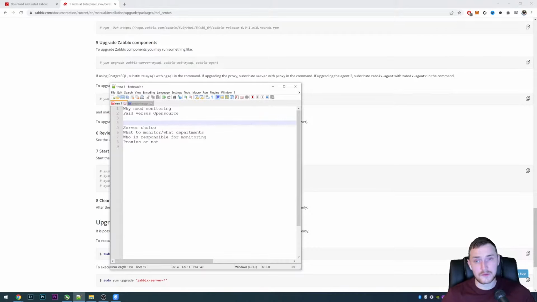Working with an open source solution, specifically with Zabbix, it's extremely flexible. You can monitor even some customized applications that you just created within your company only for your purpose. And let's say some other monitoring software vendors don't even know about such software and server existence.